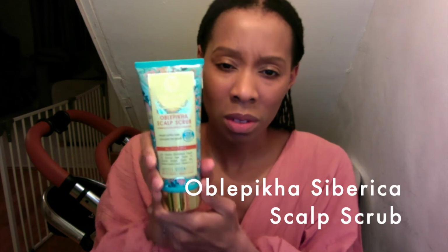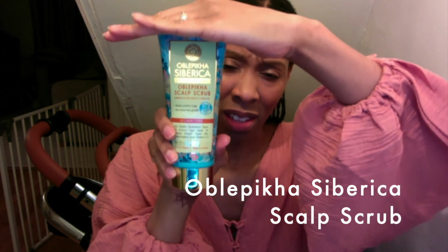Last, but certainly not least, is this, I don't even really know how to say it, Obopica Siberica scalp scrub. I'm sorry, I hope you can see that with the light. It's a beautiful bottle. I was originally going to try and get a sea salt scrub for my scalp, because